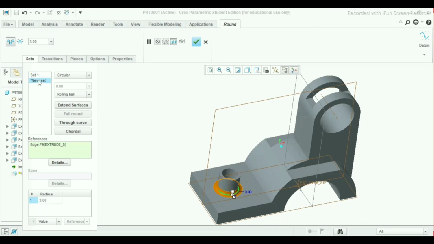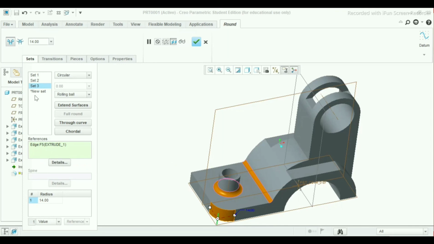Choose again new set, select this edge now, make it remain as it is, 3 mm radii. Now again choose new set, select this edge, make it now 14 mm radius.